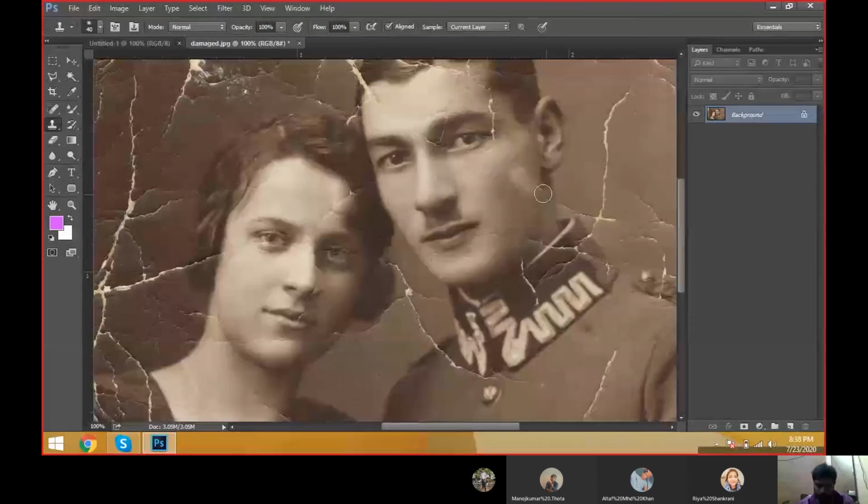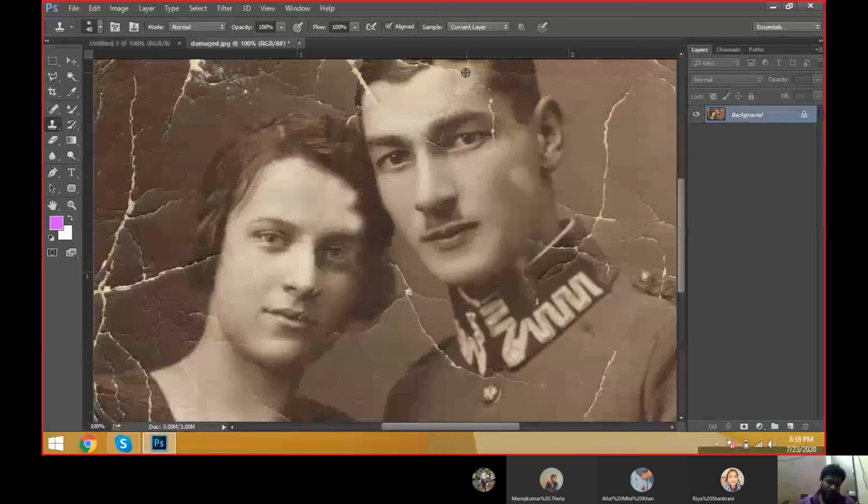How many times did I hit the mouse pointer? More than 20 times? Yes, more than 20 times. It's 50 to 60 times I hit the mouse pointer.